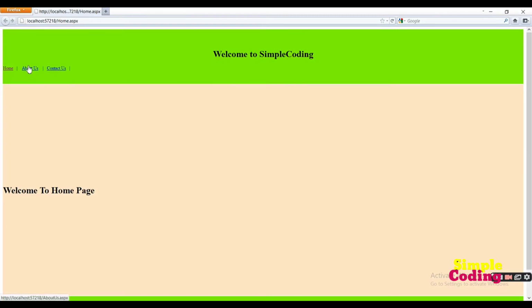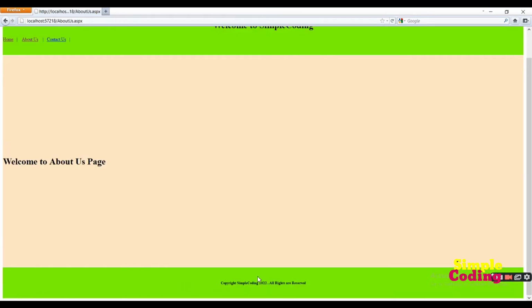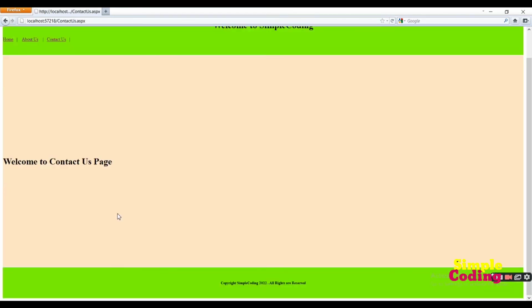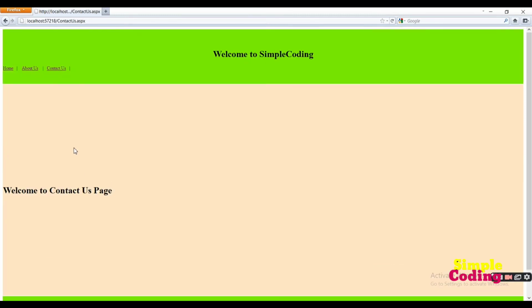Whenever I click on this Home button, it navigates me to the Welcome to Home Page, and similarly when I click on the About Us button, it navigates me to the About Us page, and inside this About Us page we also get "Welcome to Simple Coding" and the copyright disclaimer.